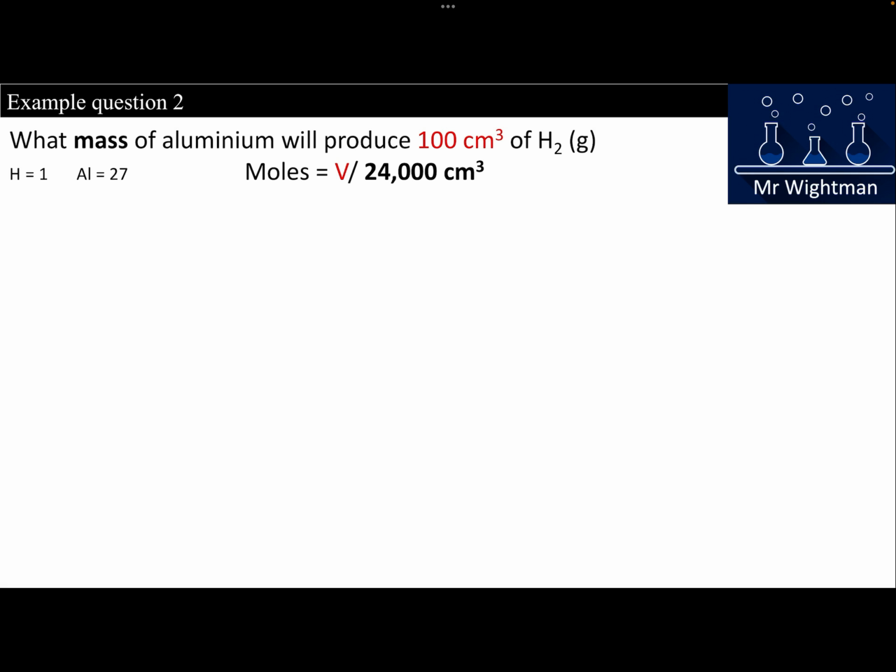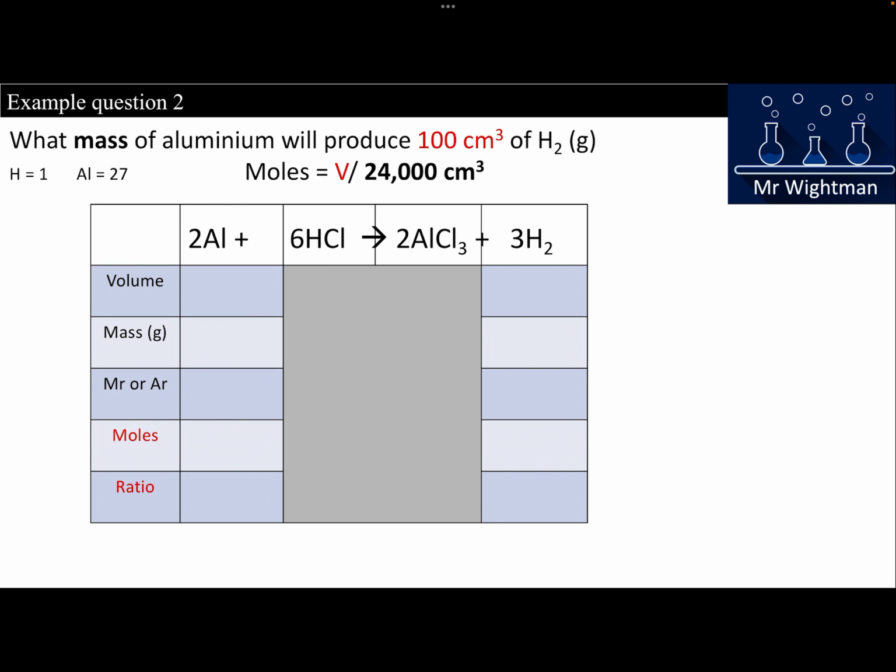Example question 2. What mass of aluminium will produce 100 centimetres cubed of hydrogen? So getting slightly more complicated, where we'll need to use 2 equations again, but in relation to the ratio of the equation. You might want to create a little table to help collate some of the information. I am trying to work out the mass of aluminium, and I have 100 centimetres cubed of hydrogen that was collected, assuming 100% conversion. This would be